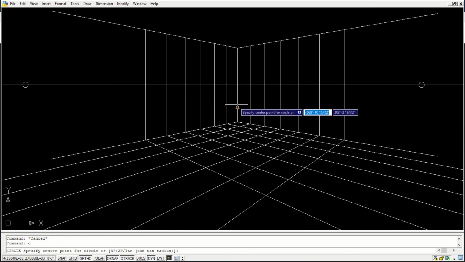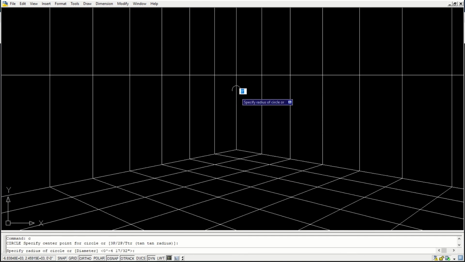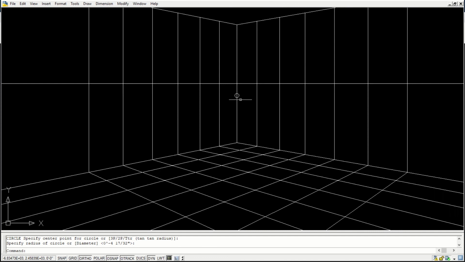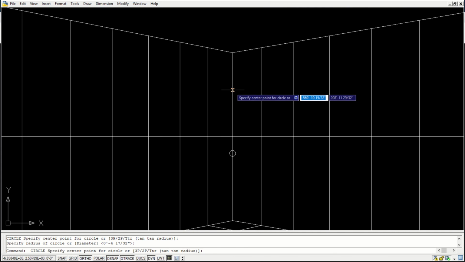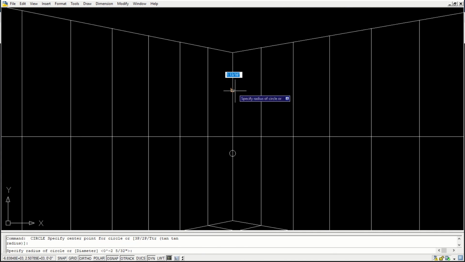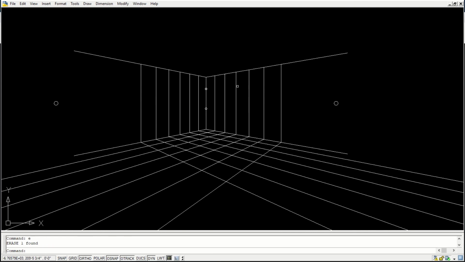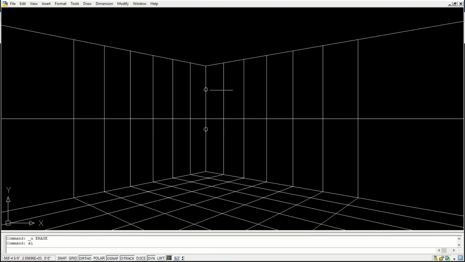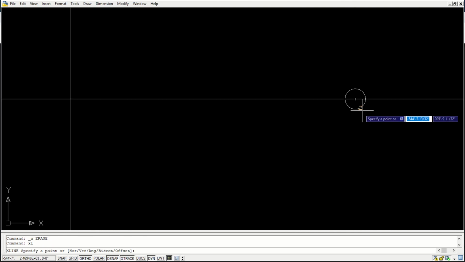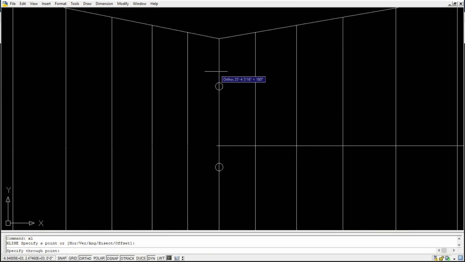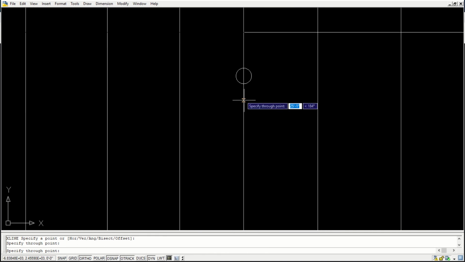This is a 4 feet grid, 8 feet grid. Okay, and if I want this line on this side, I'll take the vanishing point and pass it from here.